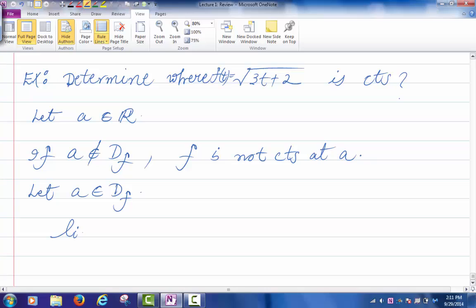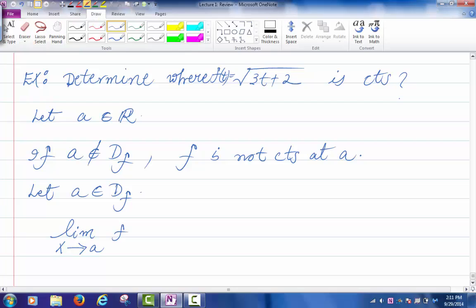So if I take the limit as x goes to a of the function f of, not x, sorry, I'm using t. So what's the limit of this guy as t goes to a? Well, that's the limit of